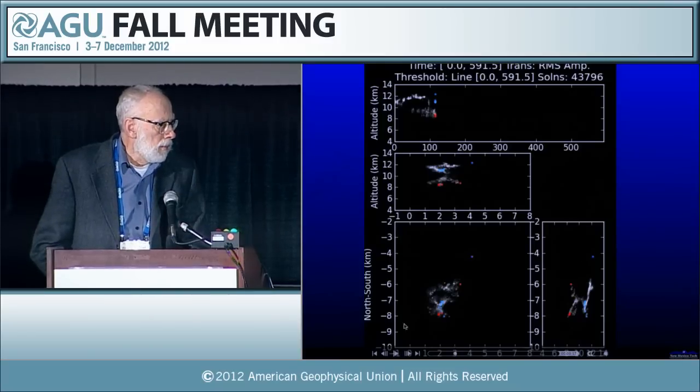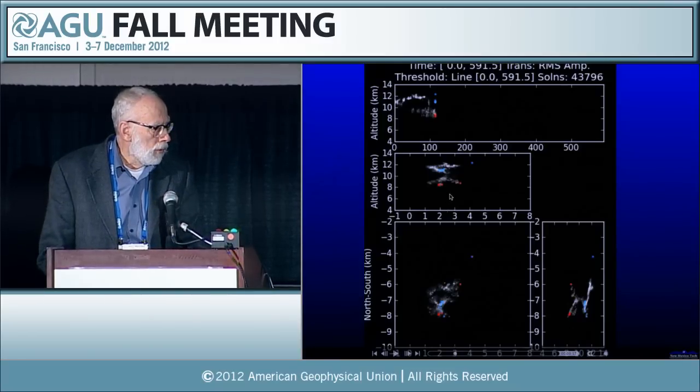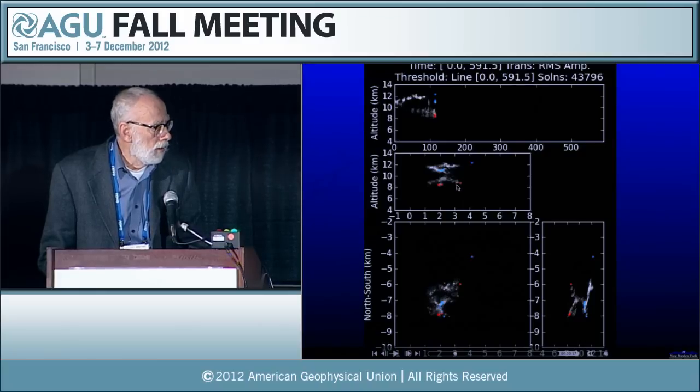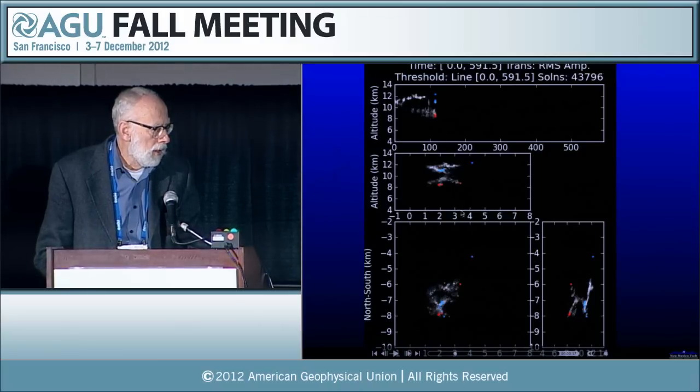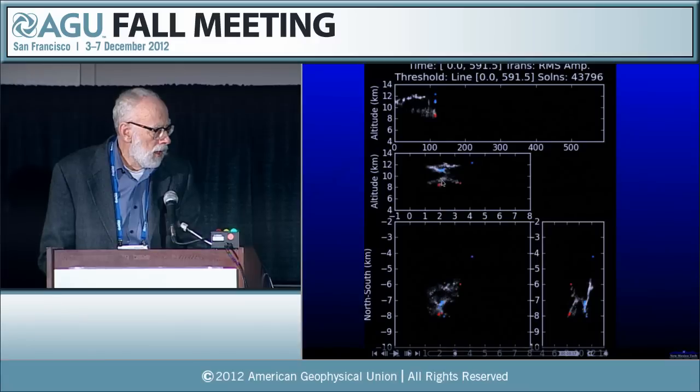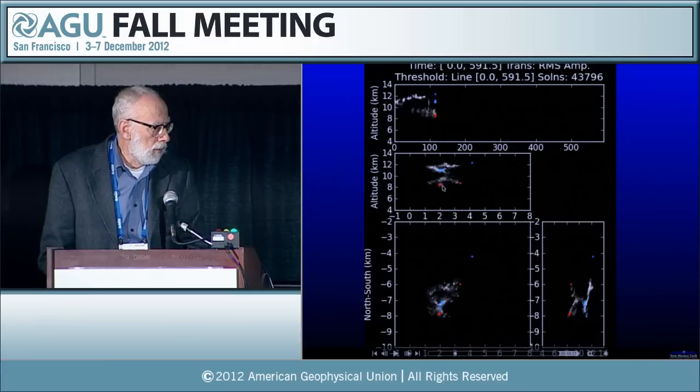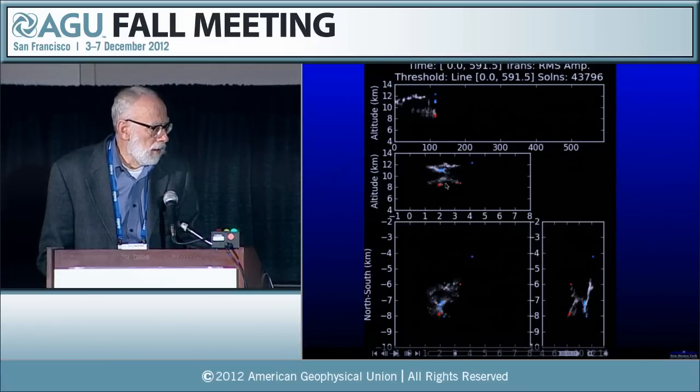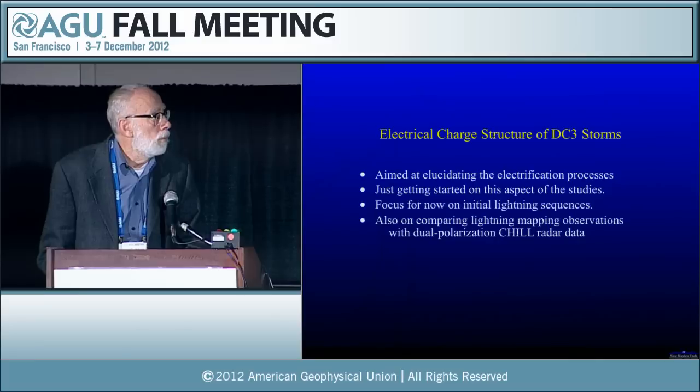All right, so this panel up here shows the bi-level structure of the flash. In this case of normal polarity, this is negative charge here, and up above that is positive charge. And we're seeing continuous breakdown in the